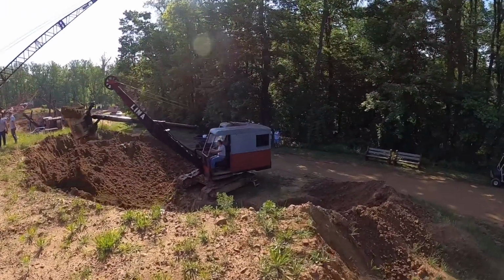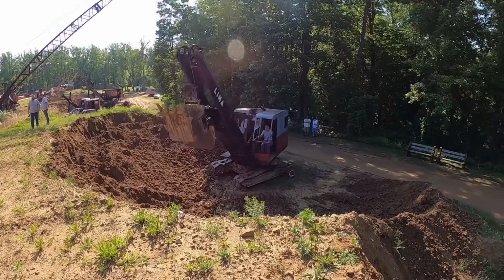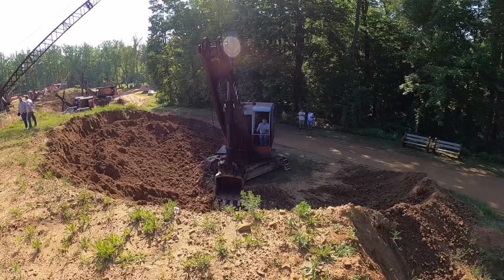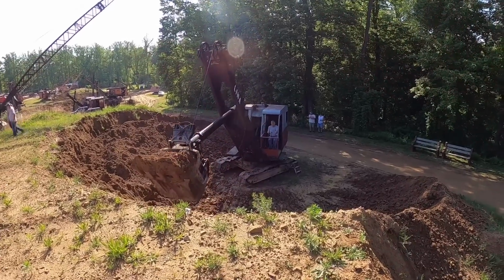The other thing you'll notice, Detroit, Cat, Allis, all of them, is how low they'll lug those engines down and they just keep on a-biting, keep on a-going. Pretty incredible, man, pretty